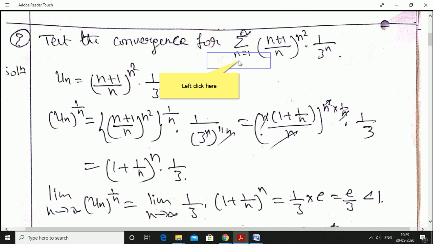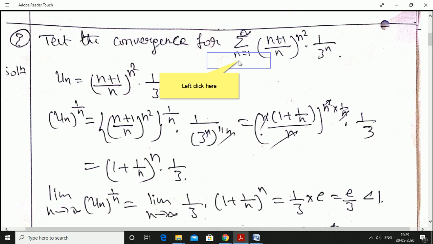And we apply Cauchy's root test if the given un is of the form f of n to the power of g of n. While solving problems with this method, we need to know some standard limits. One such limit is limit as n tends to infinity (1 plus 1 by n) to the power of n is equal to e, as well as limit as n tends to infinity n to the power of 1 by n is equal to 1. Okay, I'll explain some more problems.